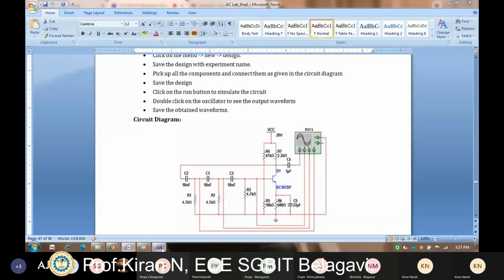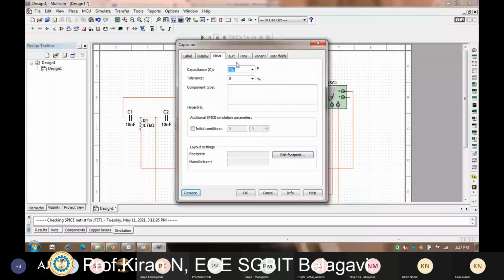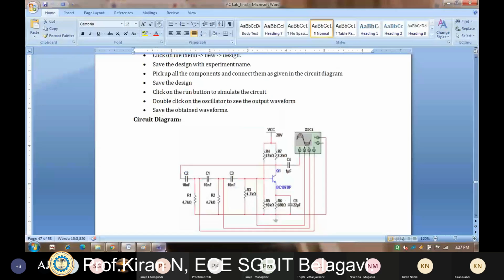This is 22 microfarads. Okay. Then this resistance is 2.2 kilo ohms.